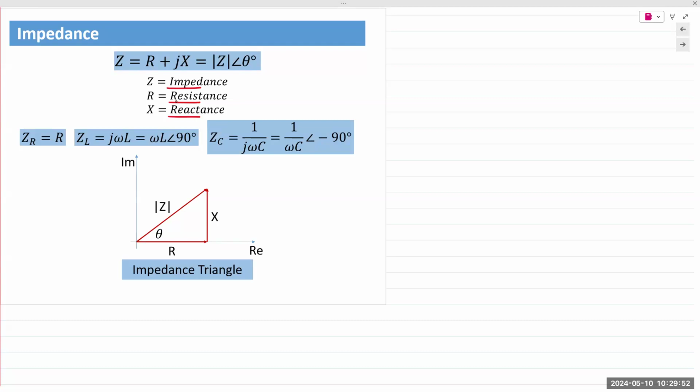That's how it reproduces the sound. And so the opposition for that speaker coil to any change in the input is represented as the